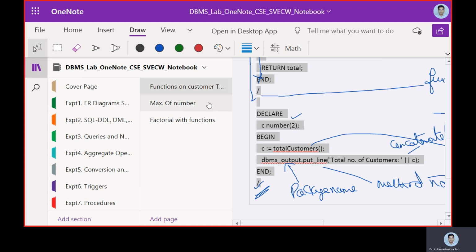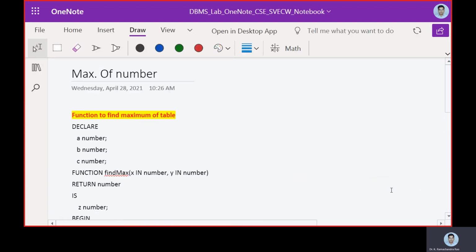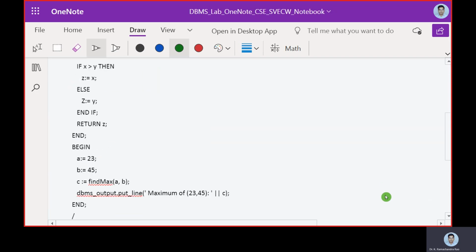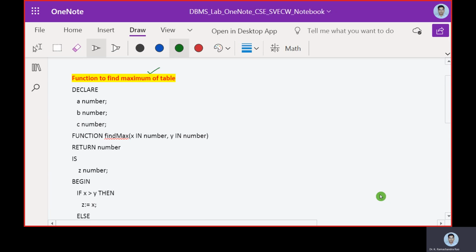Now let us look into the function with computing to find the maximum in a table. So we will not much emphasize on the logic part because logic is very easy.